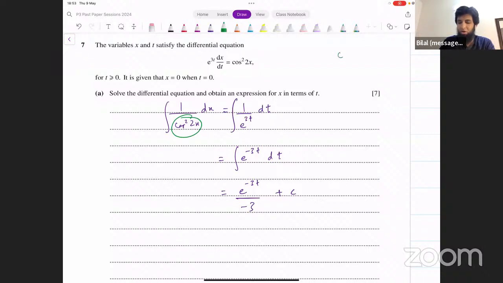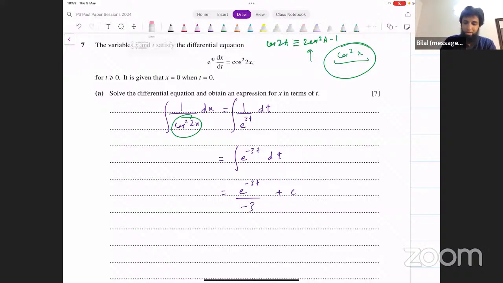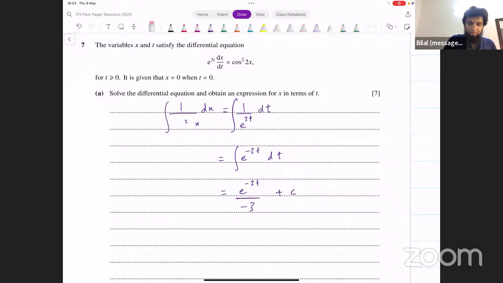If you had cos square of something, generally we use the double angle identity for that. Cos 2a equals 2 cos square a minus 1. We use this double angle identity to simplify and then integrate it. However, this is cos square in the denominator. That is not going to work here, okay? 1 over cos square is basically secant square. So what you do is you write this as